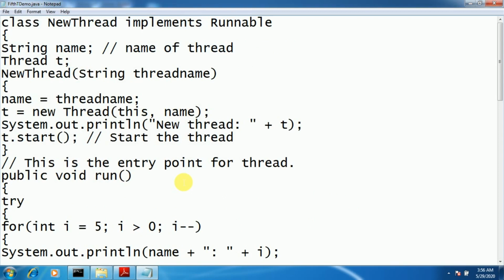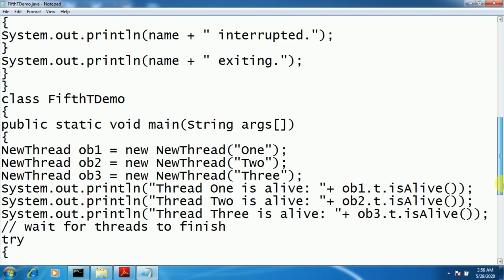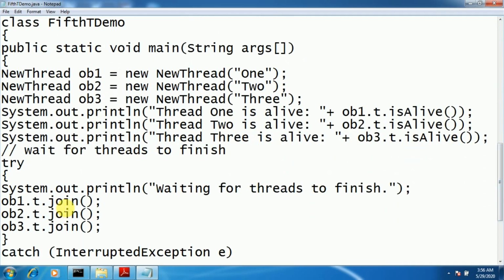And once the thread completes the task, it is going to join the main thread, informing it by using the join method.